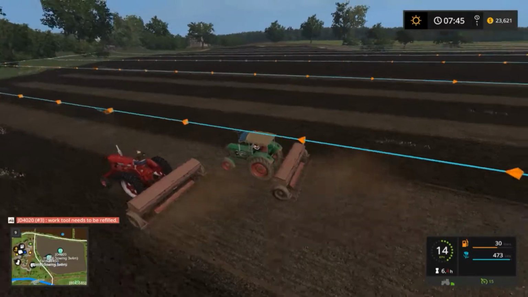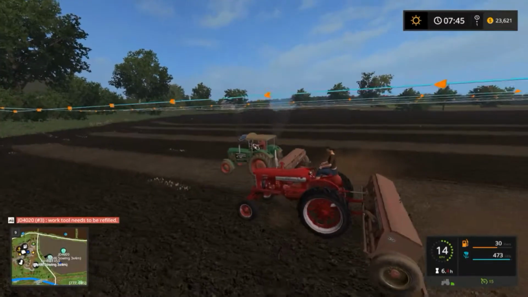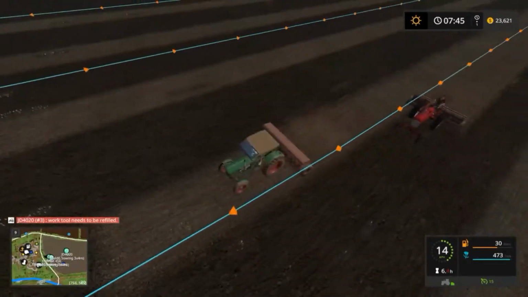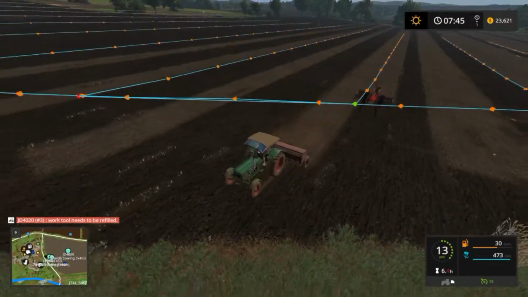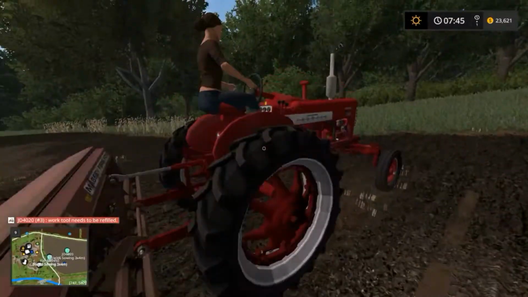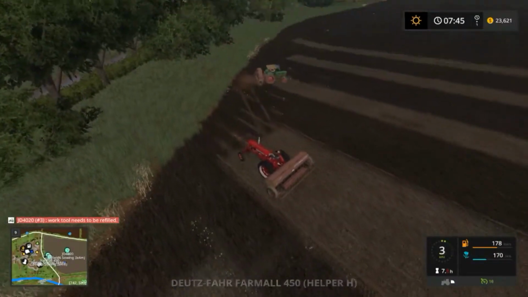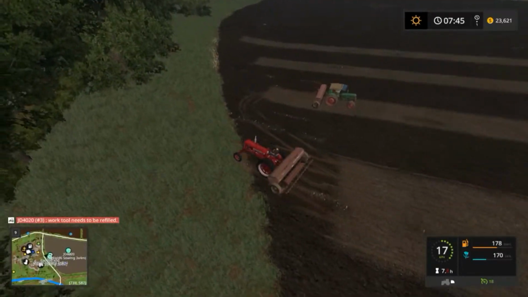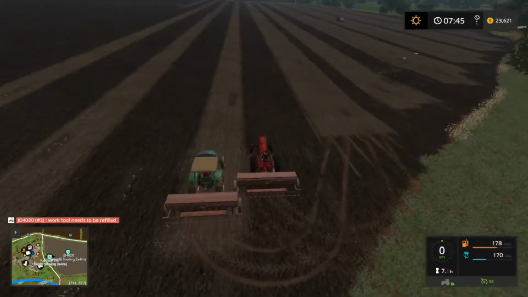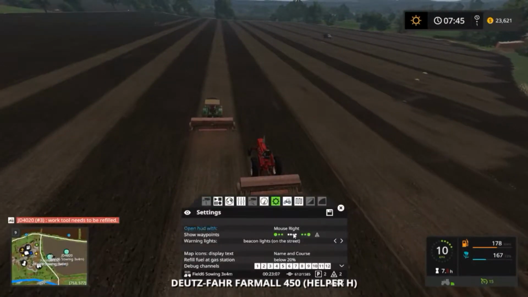Now is it possible that this tractor with less power drives faster than the McCormick? How is that possible? This doesn't sound right, guys. I just want to see what's going on here. Did you see that? That little D80 has got much less power than this McCormick, yet it is going